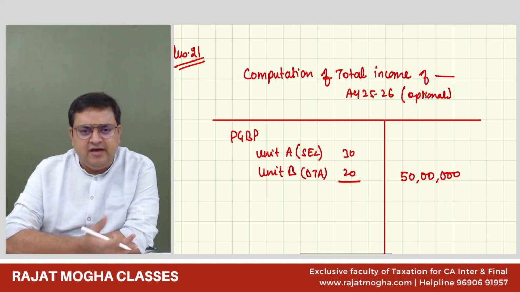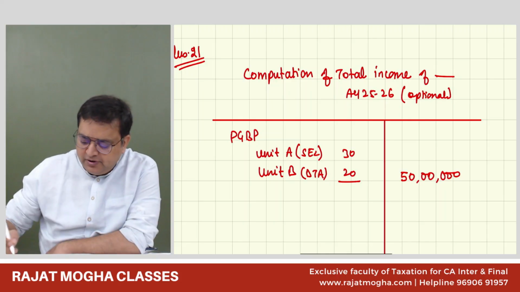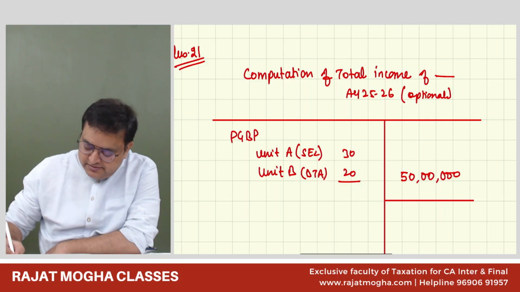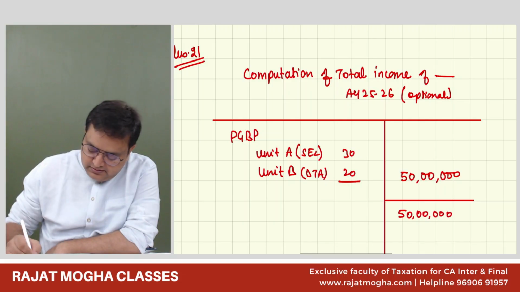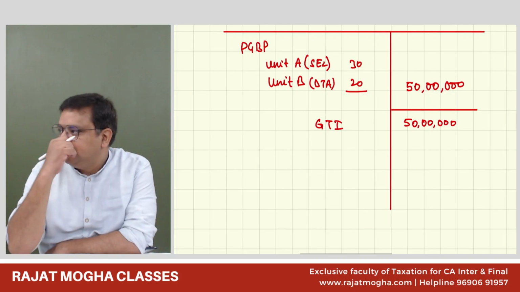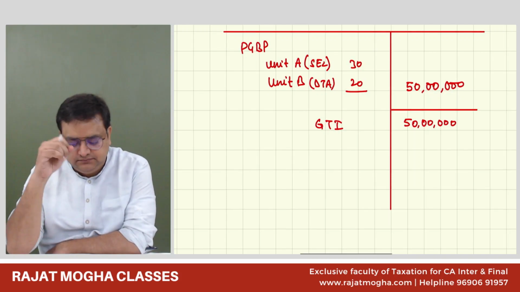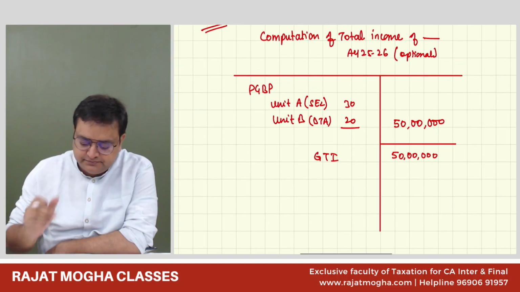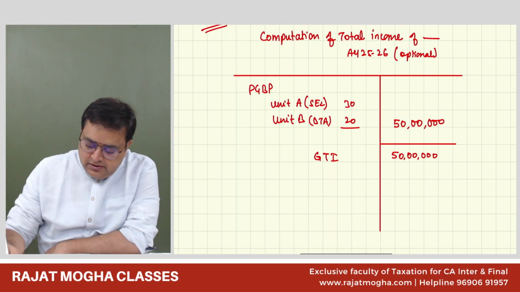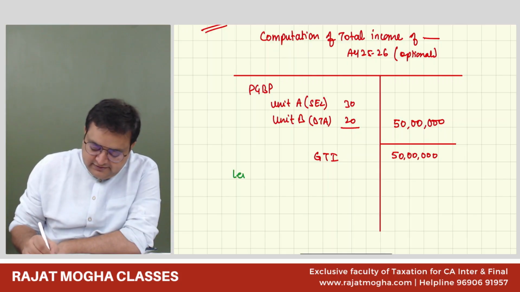Understood? We have not been provided with any other income, no capital gain, no income from other sources, nothing. This will become our GTI. Everybody is okay with this? Done till here? Now we will say less deduction